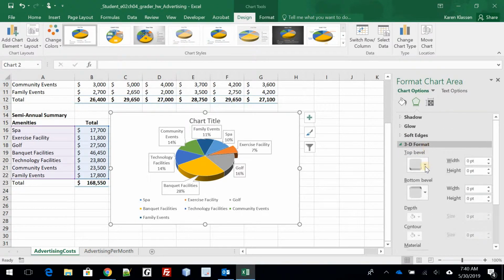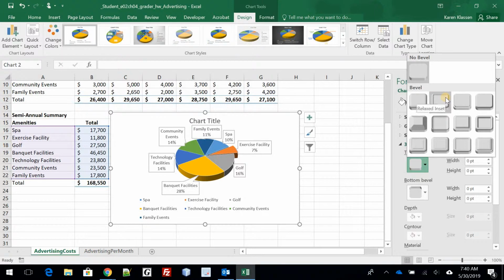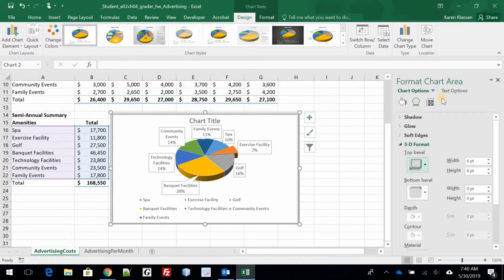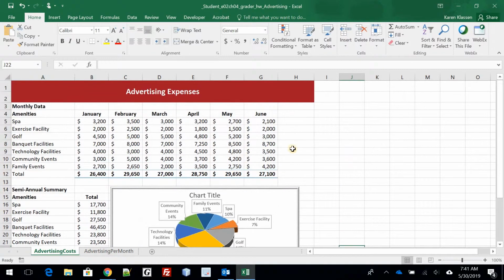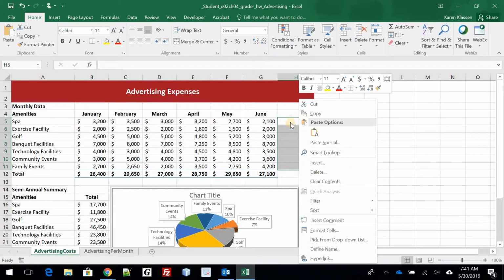And now we're going to modify the chart to have a beveled inset. So I'm going to come up here and select beveled relaxed inset. And now it's got a frame around it, so to speak. Okay, we can close that. Now we're going to come back up here in H5 through H11. H5 through H11. We're going to add in some column